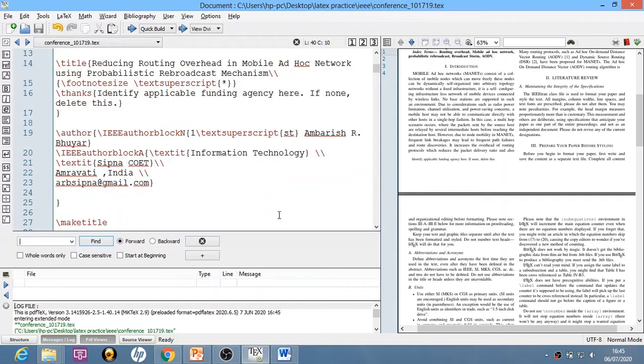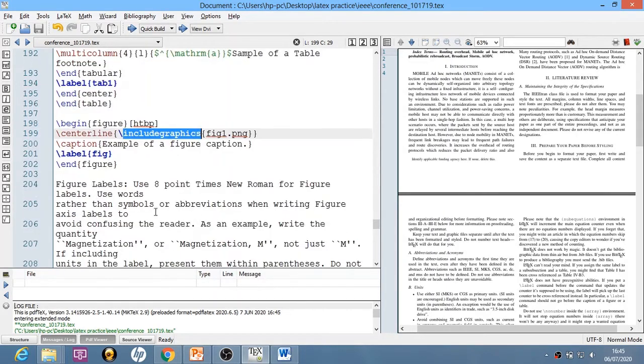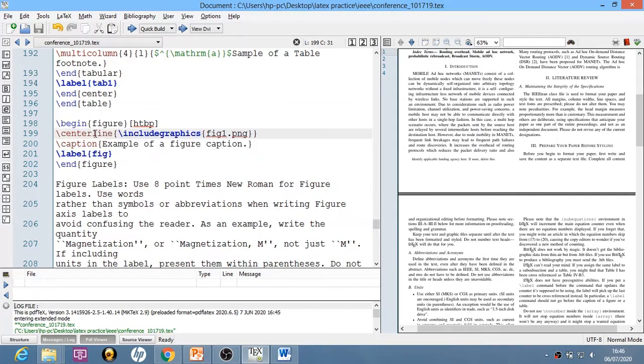Okay, now let us see what tag they have provided to us for including an image. So I will search for includegraphics, and over here I can see that this is the way in which I should include an image in this paper. Okay, so they are using includegraphics and figure name .png extension.